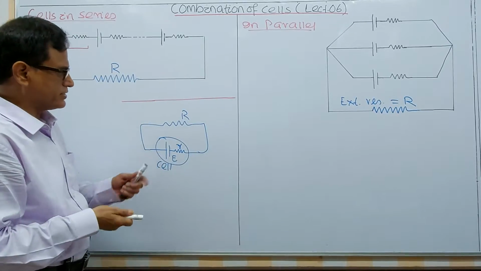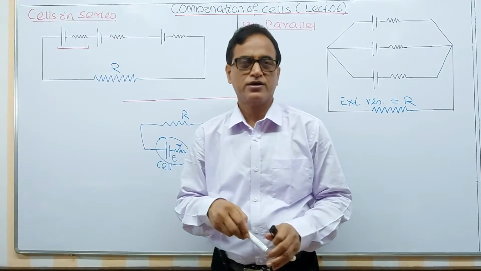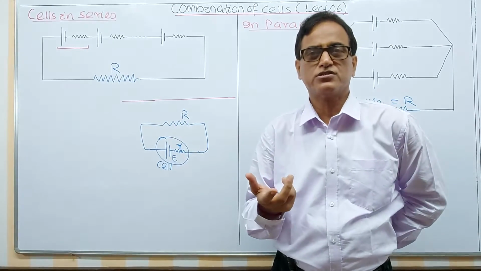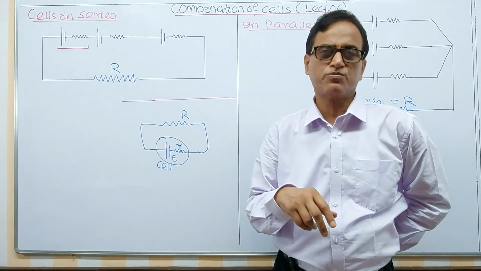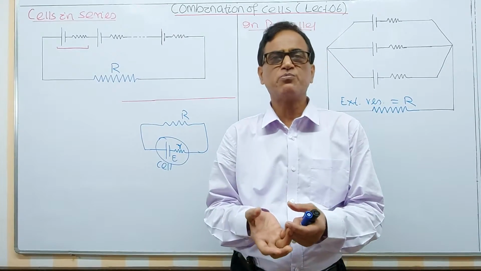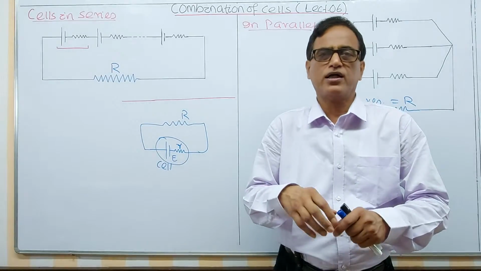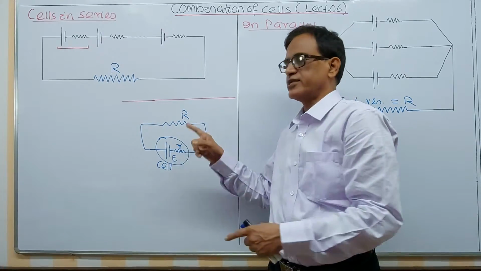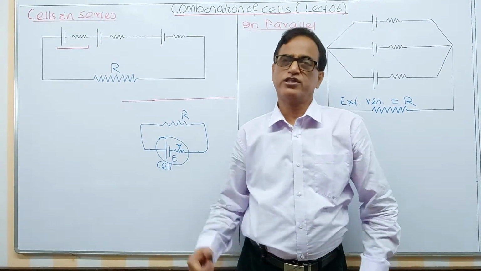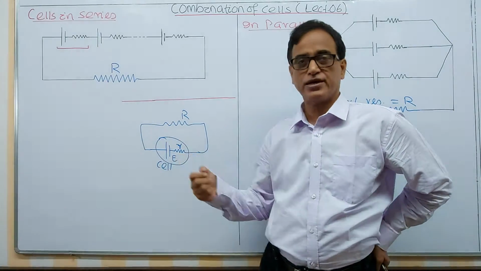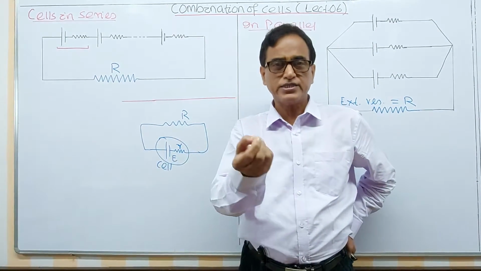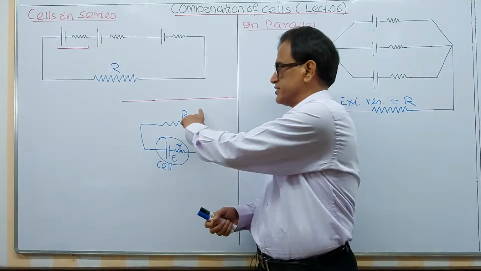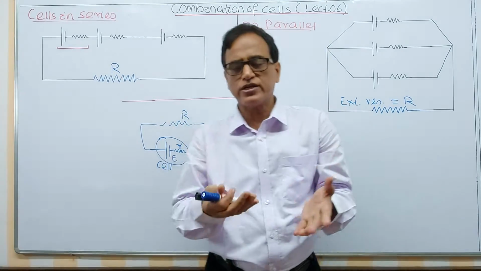See, this external resistance which I have connected here is not a single resistance. It may be a combination of a number of resistances in series, in parallel, or in mixed grouping, series and parallel both. Whatever is connected across the cell is called the external resistance connected in the circuit. This resistance may not be a simple resistor itself, it may be any electrical appliance used in your house. That's why we call it external resistance.